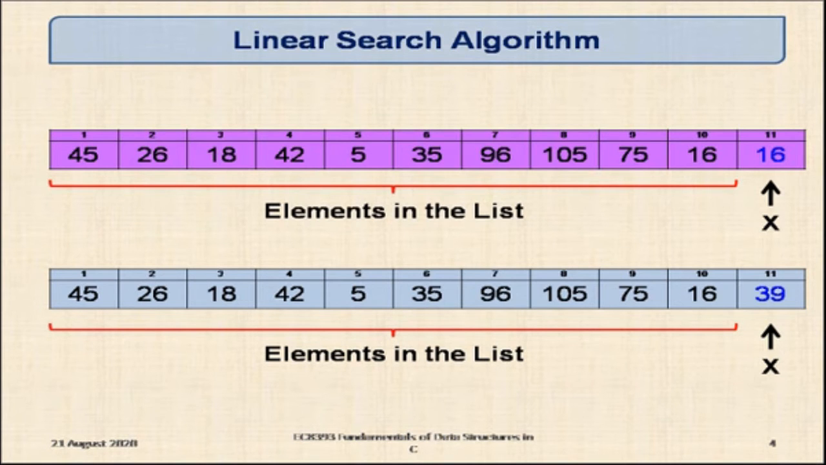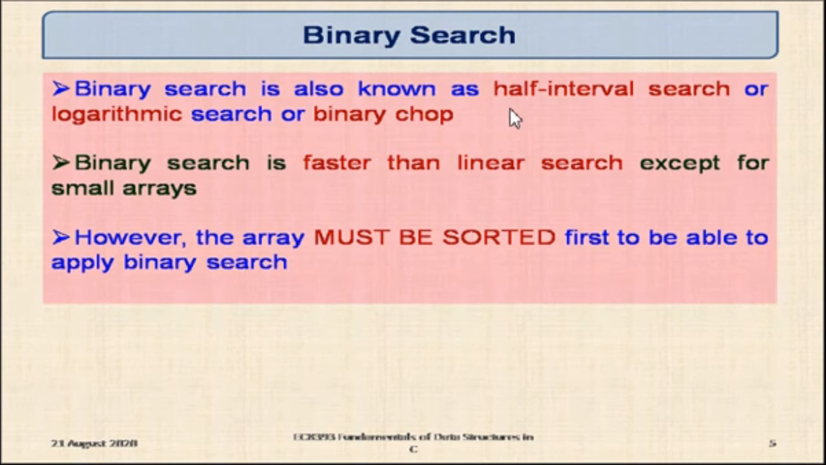Okay, so let us go to the next kind of search, that is binary search. Binary search is also known as half interval search, logarithmic search, or binary chop. Binary search is faster than linear search except for small arrays. Suppose the array size is very small, then it is enough to go for linear search itself. You need not go for binary search, because in binary search some computations will be there. We have to adjust the pointers here and there,